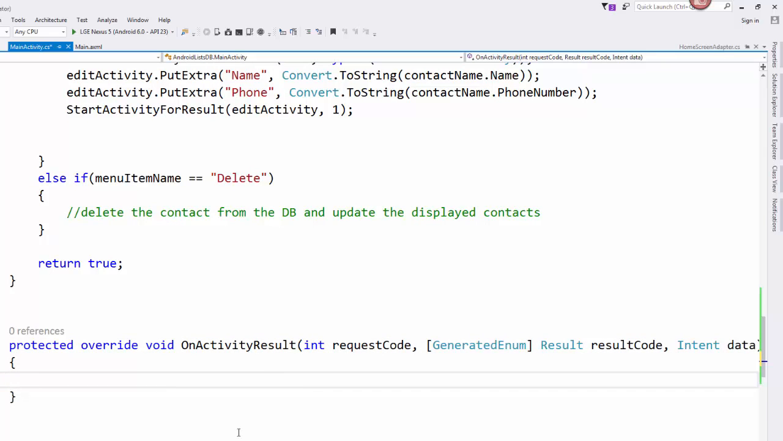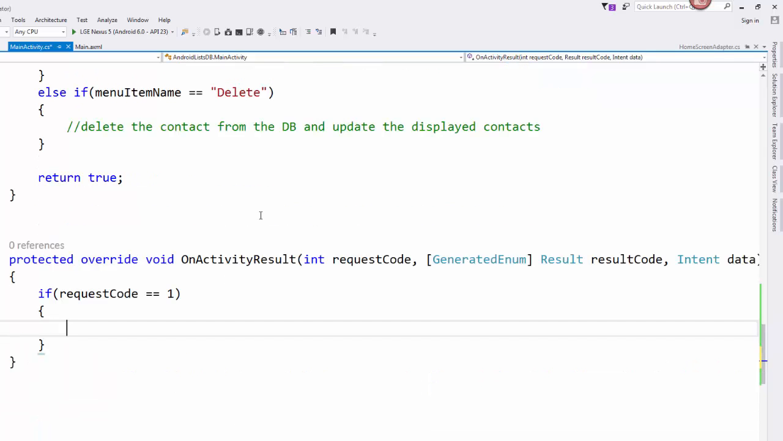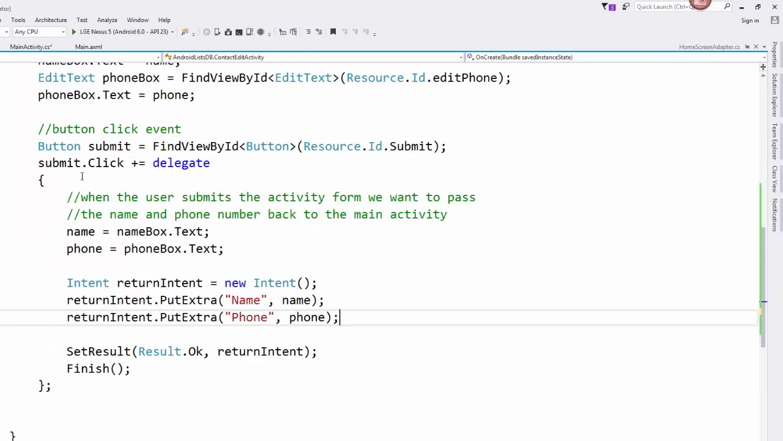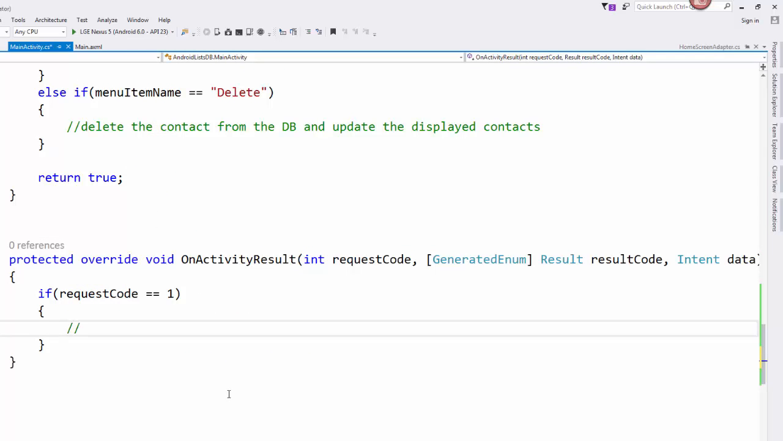So what we can do in here in onActivityResult is check for things like if the request code equals 1, right, then we can respond to that. We can look for a result OK, or you can set up your own custom results or custom codes, and then check for those specifically. And so in this case, once the user clicks the submit button over here and passes these two pieces of data back, it's going to come back to the main activity, and it's going to come into our if statement right here, and we need